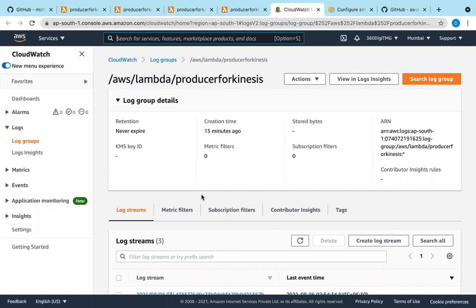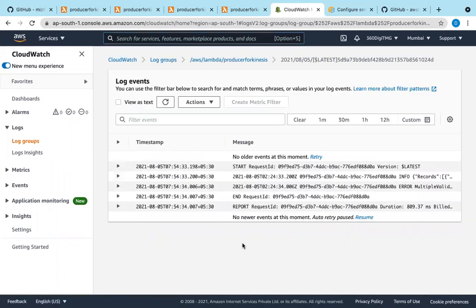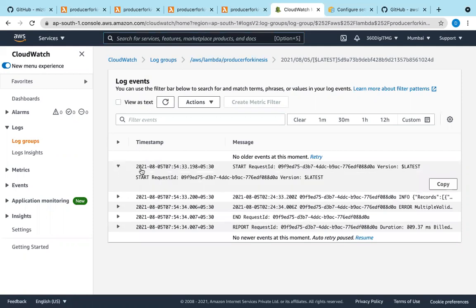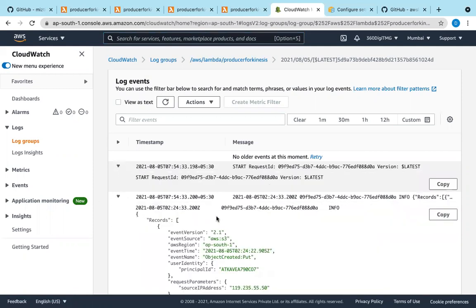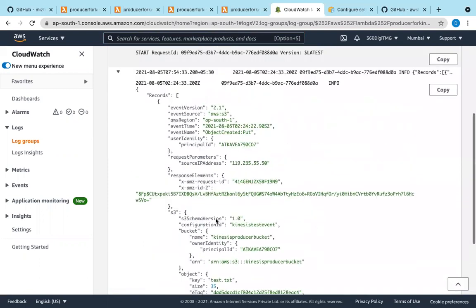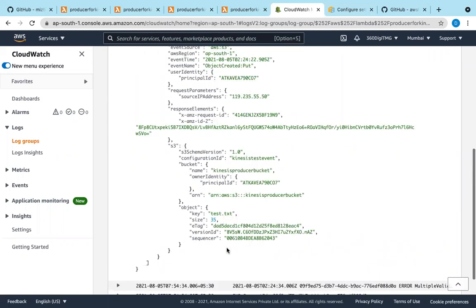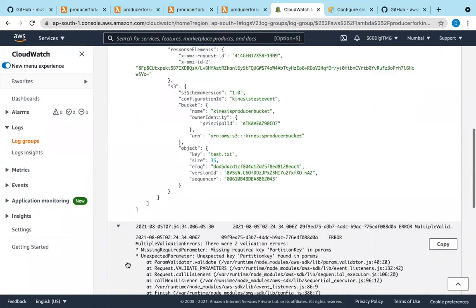And it has to push these details into Kinesis. See, this has been generated, the latest one. I'll go here, latest, and then all the details of test.txt, of course, object created put.